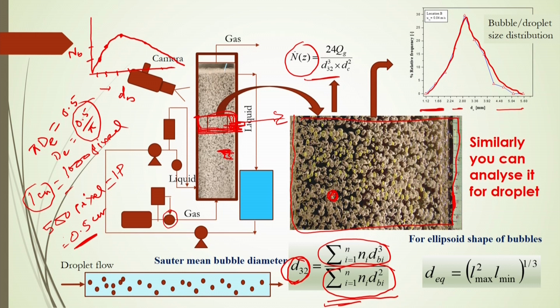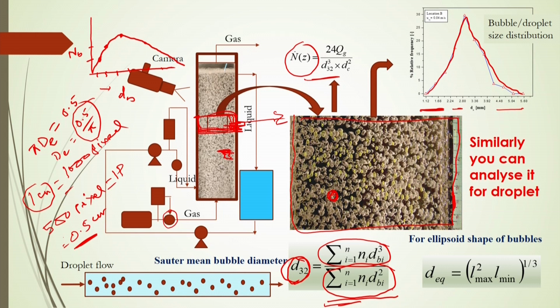And what about liquid-liquid operation? This was the gas-liquid operation; now consider droplet formation in liquid-liquid operation. Suppose kerosene is supplied into a pool of water. From the bottom, you will see the kerosene flowing in the water medium as a dispersed phase of droplets. In the same way, by camera you can take a snapshot of the droplets, analyze the size of the droplets, and also calculate the Sauter-Mean diameter and then the interfacial area.